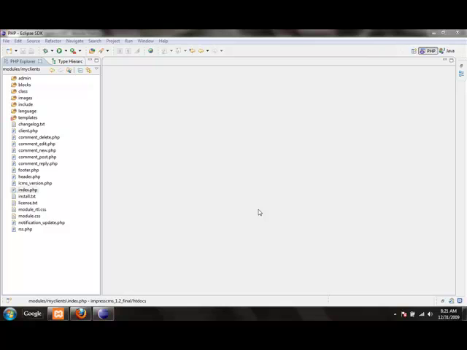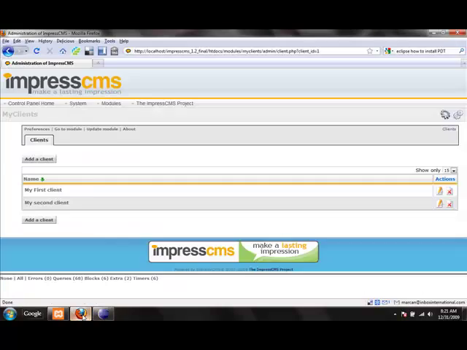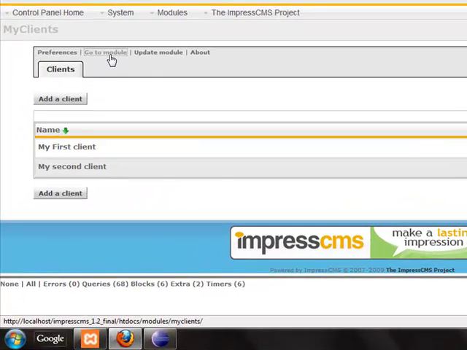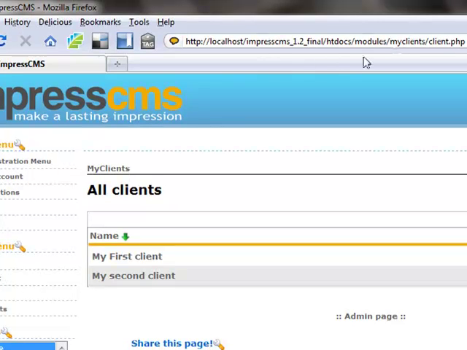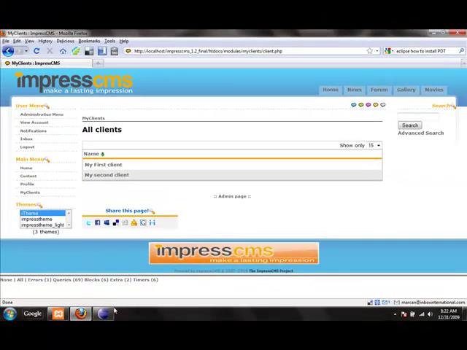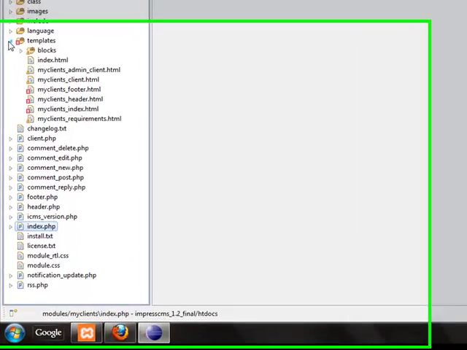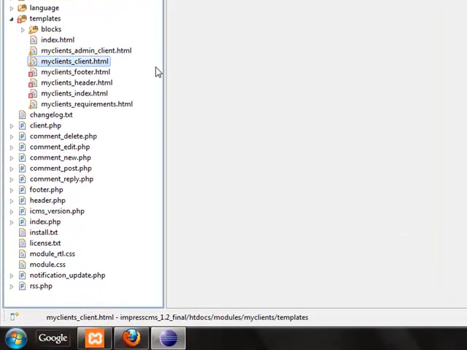So let's start and try to edit a template to see what we can add. First, let's go here in the module itself. So when we go on the module, we are arriving on my client's client.php. This is the file that is called, and it is simply listing the actual clients in the module. Let's see what is the template managing that. So we are in client.php, so we know that it's going to be my client client.html